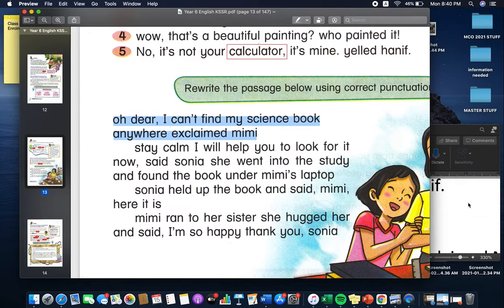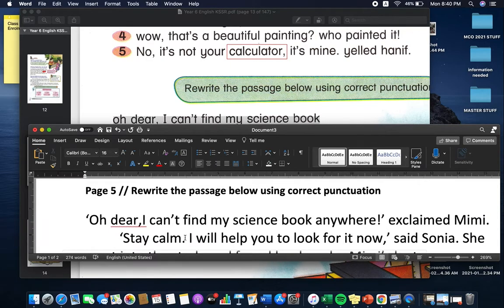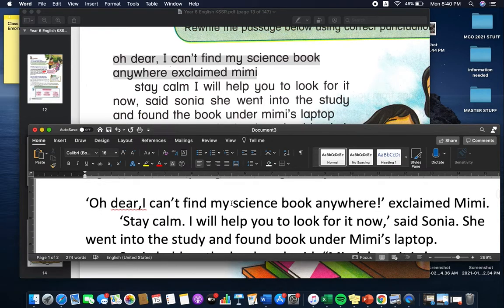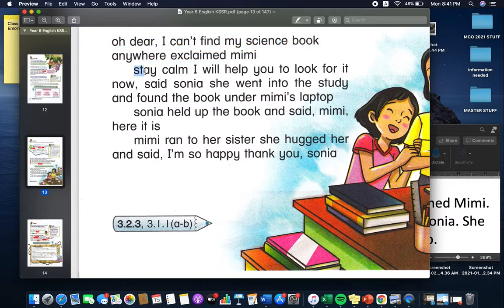Okay, time's up. So it should be: oh dear, I can't find my science book anywhere. Okay, exclamatory marks, exclaim Mimi. After Mimi, you have a full stop. Okay. And then we know Mimi is talking, so we need speech marks, okay? 因为 Mimi 在讲话，所以我们一定要有 speech marks 在里面，okay? And therefore, next paragraph，第二段。